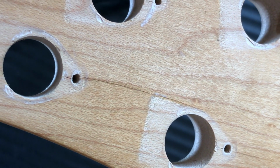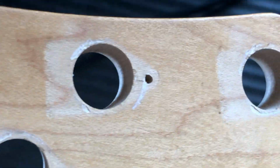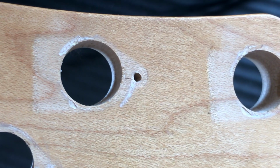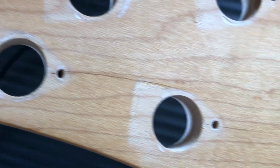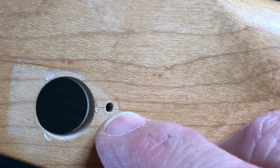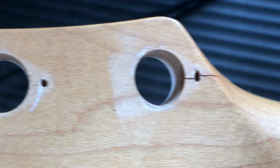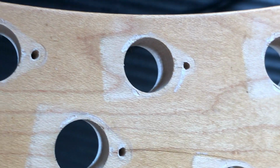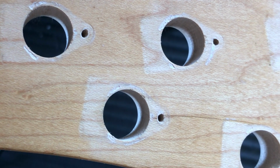Right, I needed more light, so I opened the window, but I'm sorry I did, because if you look at that screw, it's got a little crack above it. And if you look at that one, it's starting a crack, and it's got a little tiny hairline there as well. So those hairline cracks,